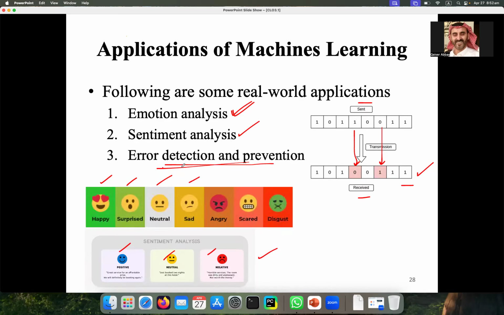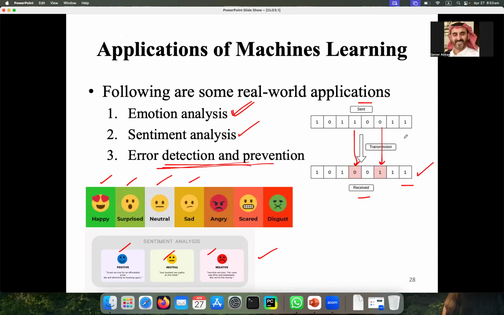Some people who are doing this in the field of networks can also detect errors and prevent them because machines are communicating with each other. Or it can be also some other application, maybe some speech analysis, in which you are analyzing where we have some error in that speech.